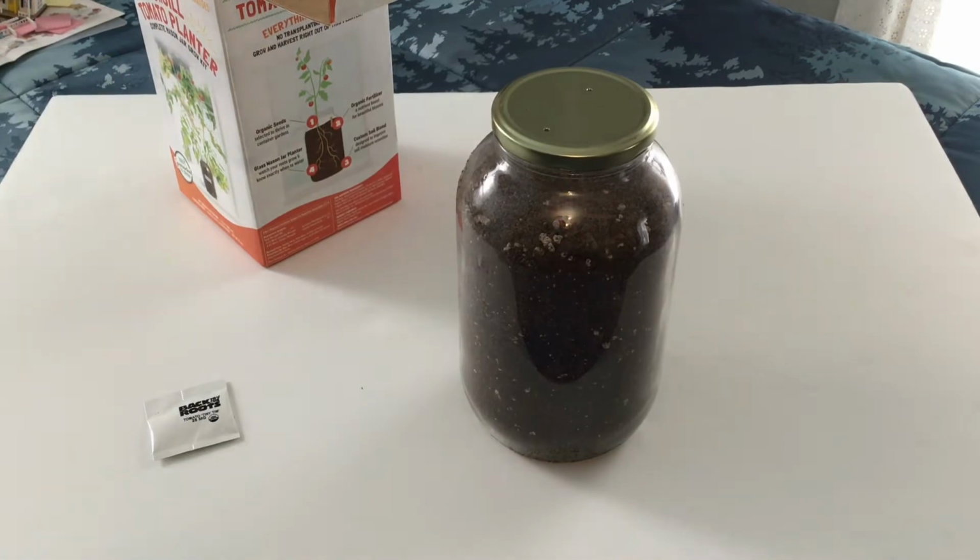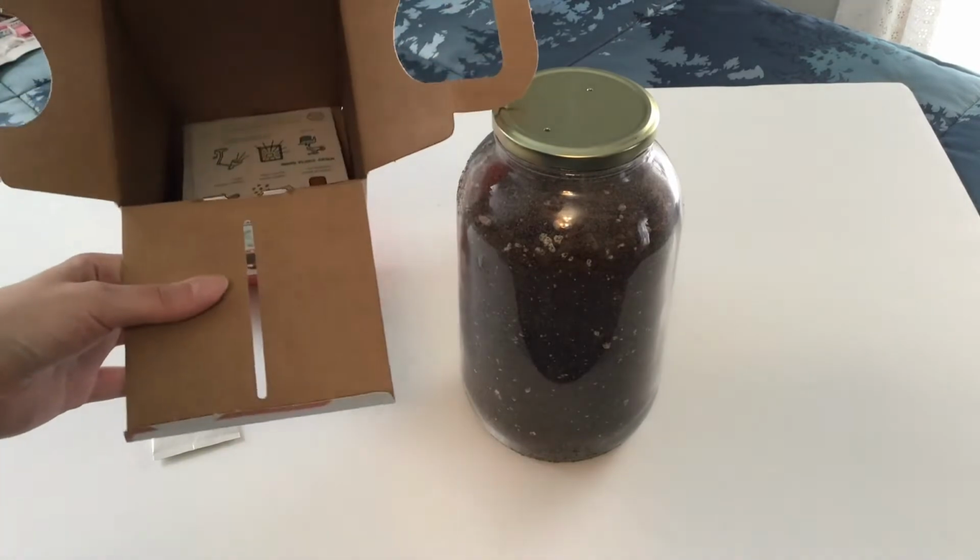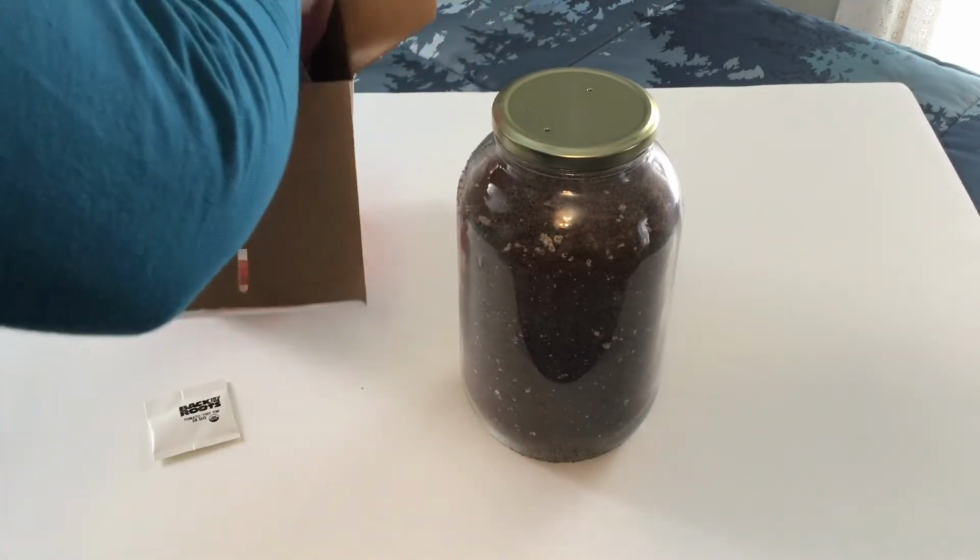The mason jar is actually fairly big. That would be equivalent to, I bet you, 1.5 quarts. It looks bigger than a quart, but then it has a different shape than the jars I'm used to canning with, but it definitely is a good size jar, and it did take up the size of the box easily. And then on the inside,